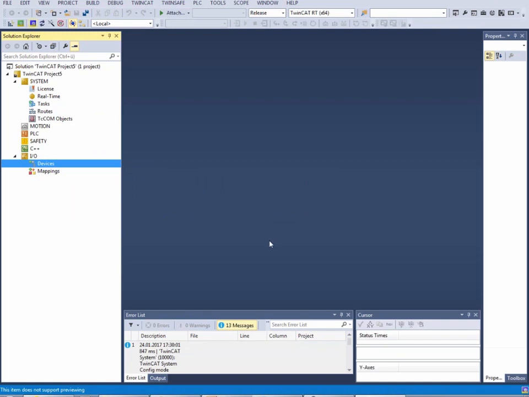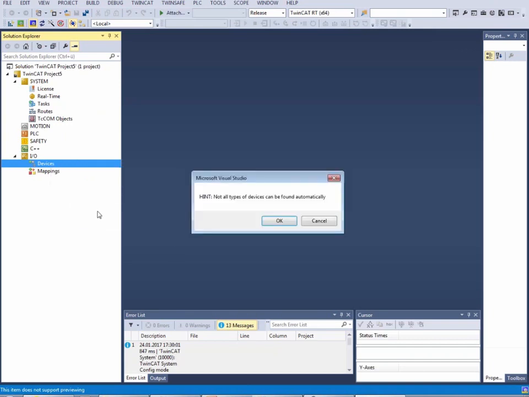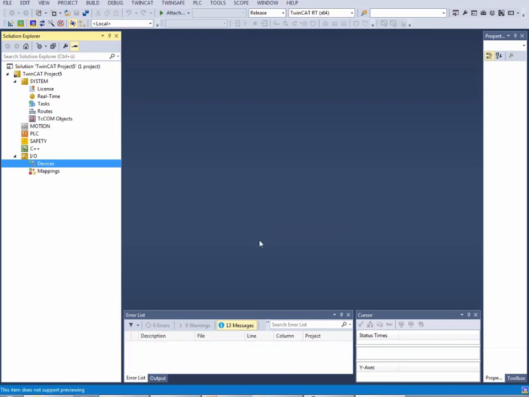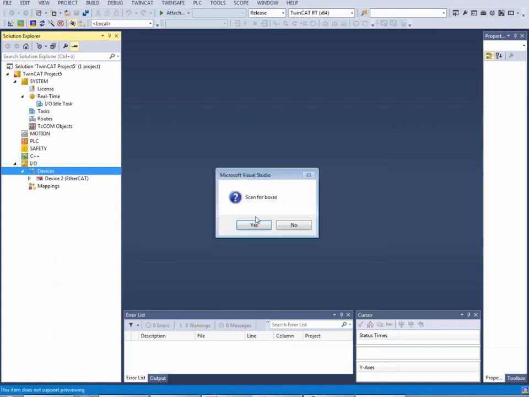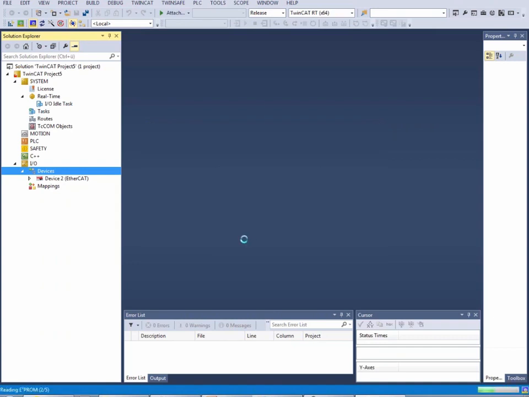You have to understand that EtherCAT can have two states. The machine can run, or it can be in some idle mode. The config mode, which you see here on the blue icon, is the idle mode, where no real time is running. In this mode I can do a scan. It says it cannot find everything, but the EtherCAT devices that I will present here, it can find. Then it has found the EtherCAT device on the Ethernet port, and I say yes, please scan for the boxes, and then it will automatically generate the